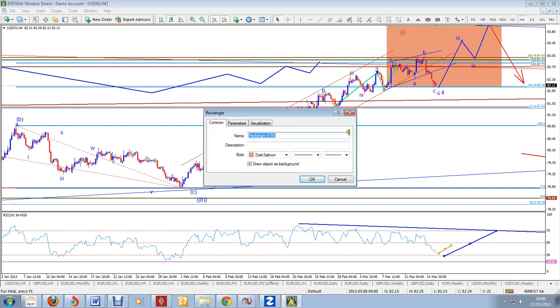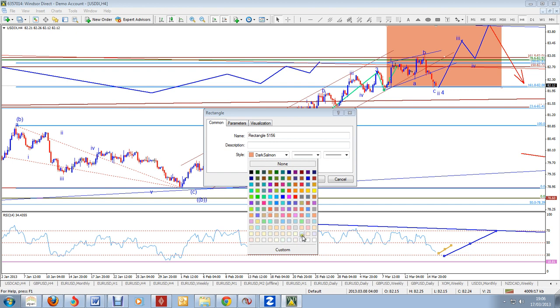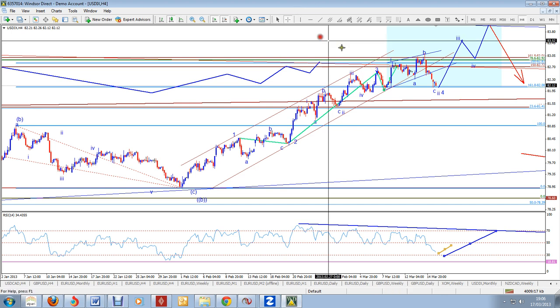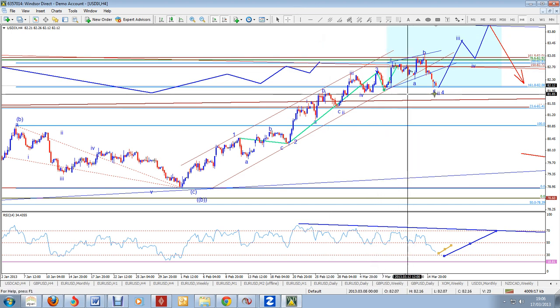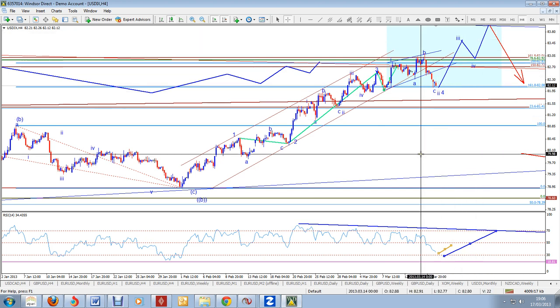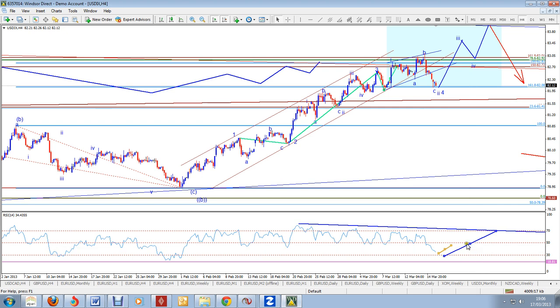I'll make this color a little bit lighter. Let's see if this one shows. Okay, so this one here is what we're looking at. Either it is wave 1 and wave 2 in place, 3, 4 and 5 is outstanding, or this is wave 4, 1, 2, 3 here, and this is 4, and we are now going to get a 5 wave up. So if we have that, then there's going to be a bit more upside, but overall around 84 is probably where we are expecting the dollar to top out.